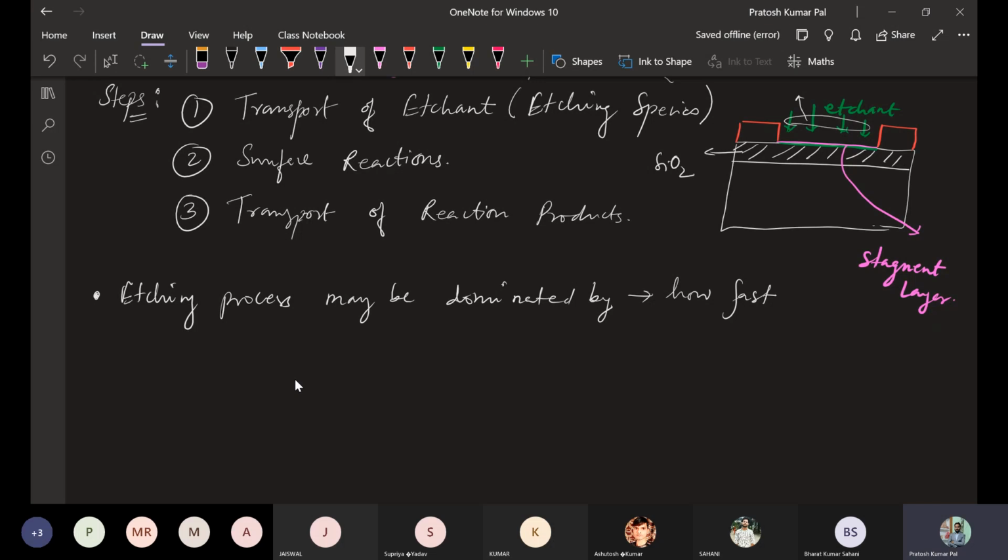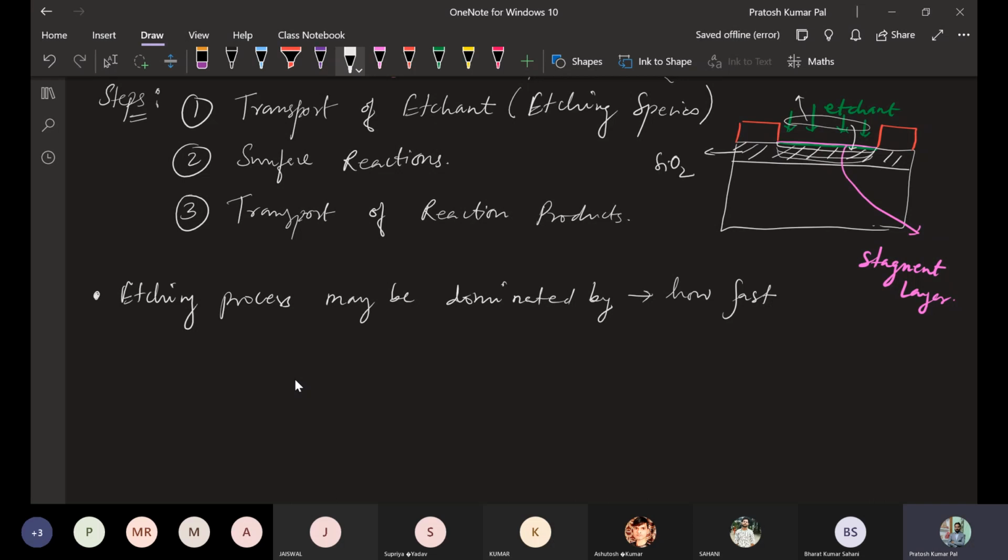So this high concentration etchant needs to move to the next layer. Suppose after removing that part, this is the next layer that needs to be reacted. The etchant should be moving to this next layer of SiO2 so that further etching can be done. Okay, so this is basically governed by diffusion. There is the process of diffusion through this stagnant layer. This etchant will be diffusing through the stagnant layer to reach deeper into the SiO2 layer so that further etching can be done.